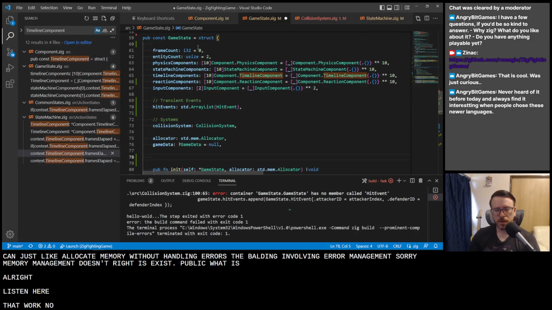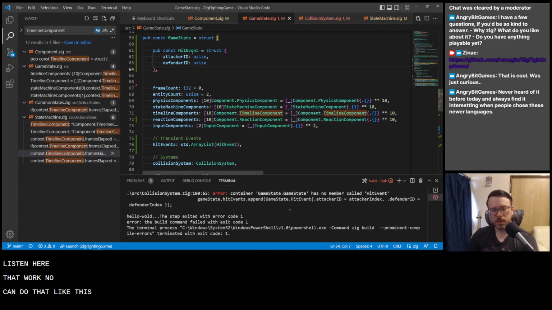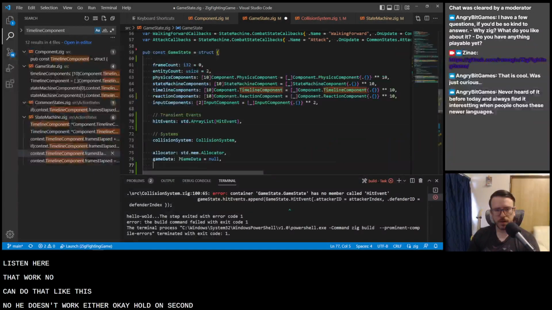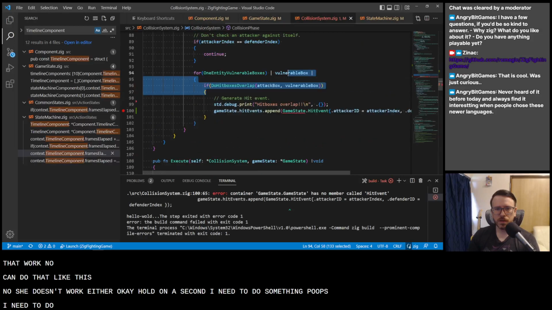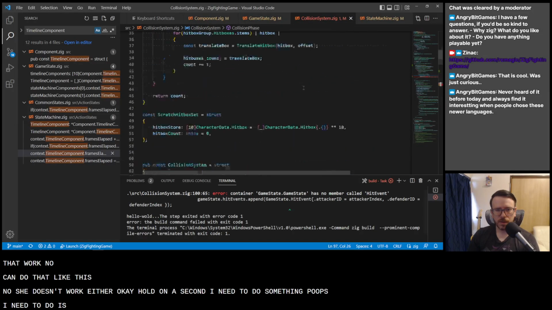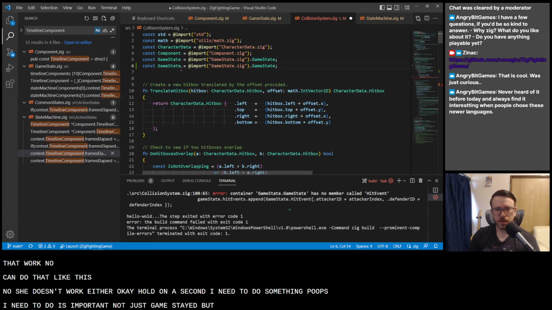No. Can I do that like this? No, it doesn't work either. Okay, hold on a second. I need to do something. What I need to do is import not just game state, but